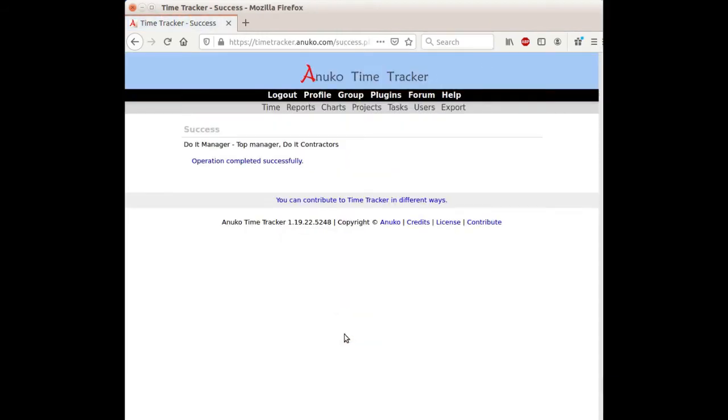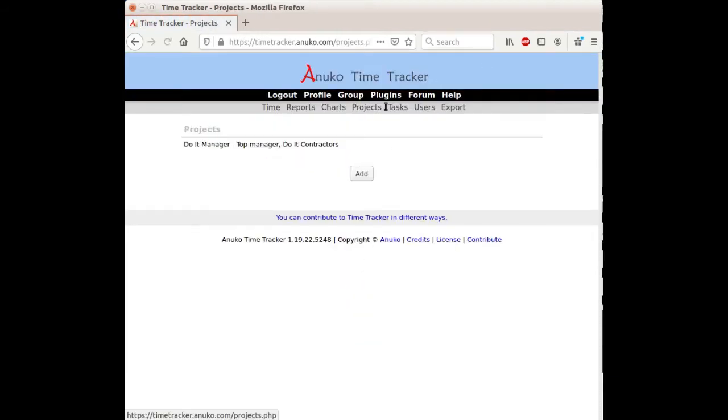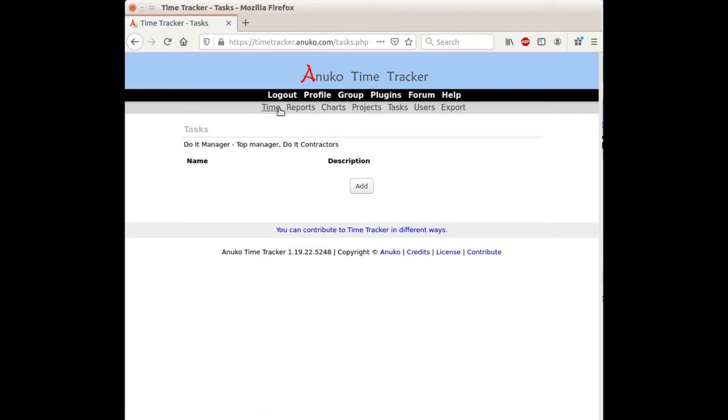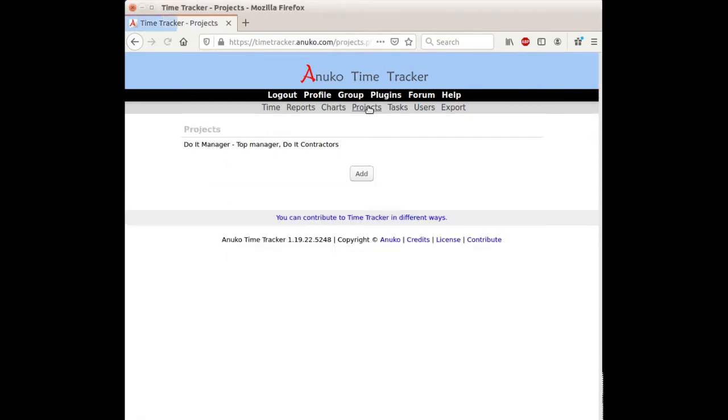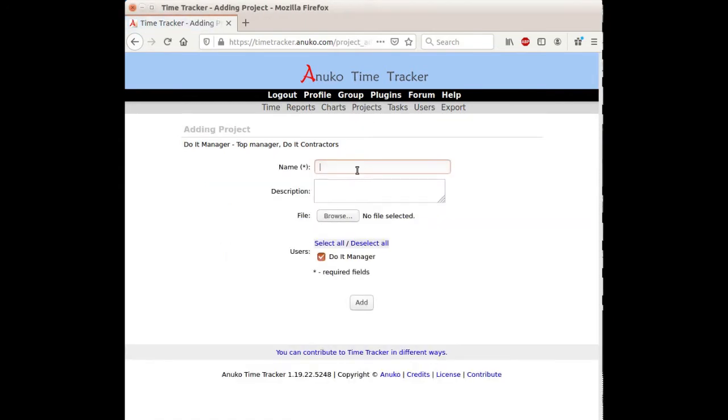And now you can see that we have project tab and tasks tab on top, and then if you go on a time page, we see a project drop down and task drop down. At this point, both of these controls are empty, so we need to actually add some projects. So by going to the projects tab, we add the projects, project A, project B, and project C, just to illustrate things.